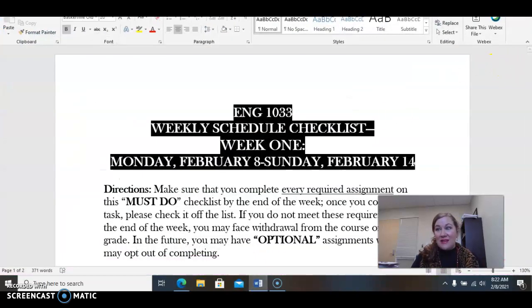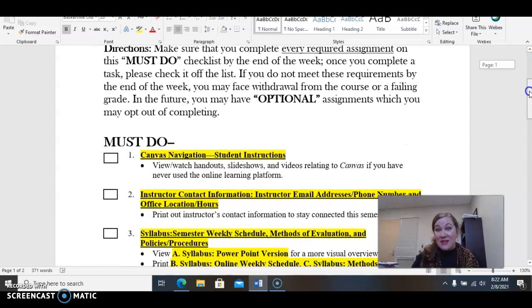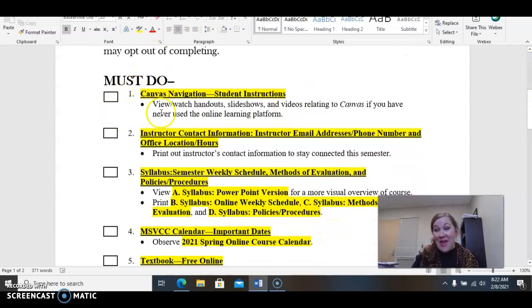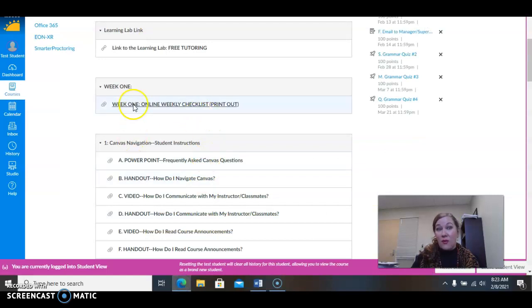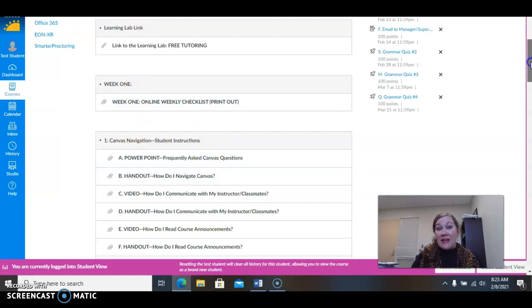Now, as I mentioned in the previous videos, one of the major things you need to do is, of course, learn about Canvas. You can again go to the student resources module and class that's on your dashboard page, or you can just look at those resources I have available to you. Again, the ones that I have on our page are right here below week one,